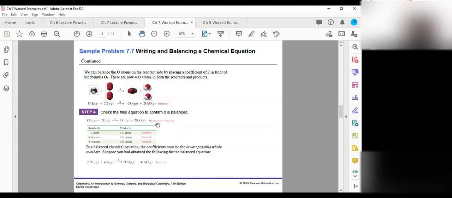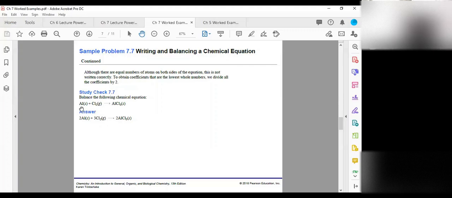Yep. So you could see here that starting with an element that appears once on each side of the equation will make it easy on you, rather than starting with an element that appears more than once. Okay, so